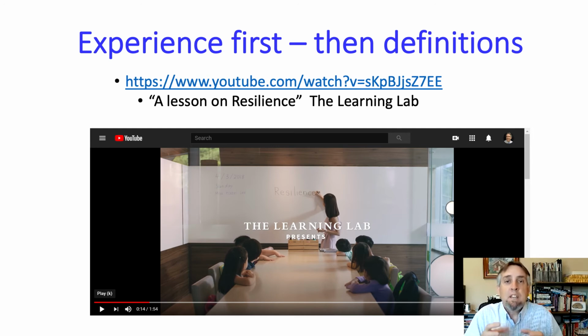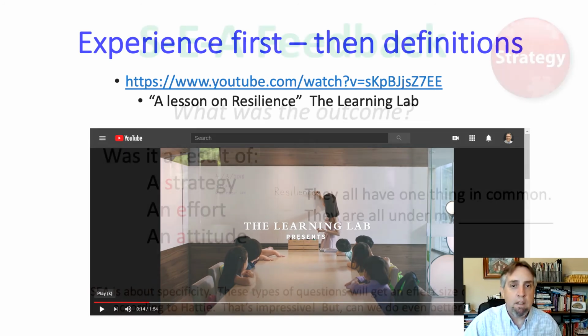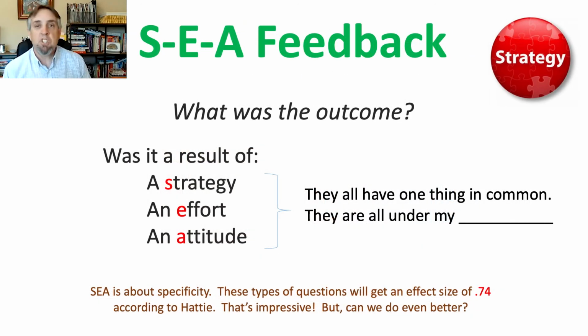Get them to experience something first, then ask them to dig in and talk about it and go deeper. When we're working with students who might be reluctant, offer them some sort of interesting experience, like knocking over one of those little dolls that won't fall down. That's an experience. Then you can talk about something like being resilient. That's the key idea there. So let's use the rest of our time just to talk really doable, easy strategies.